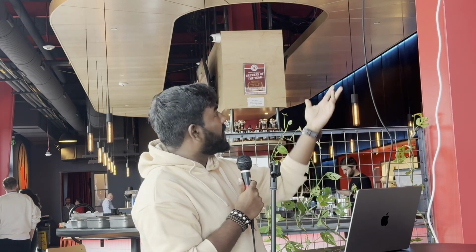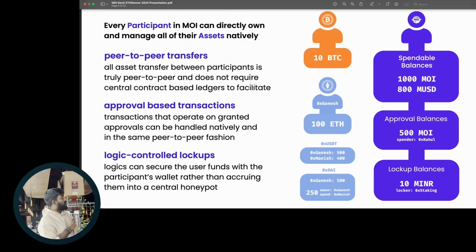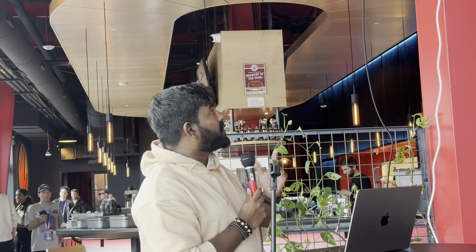And if I had to manage approvals or any other kind of staking or lockup-based logic, I would again have to depend on the DAI contract, where I would have to maintain a registry or entry of these approvals all at the registry level, right? I don't maintain these at the participant level. Which means every participant trying to move that asset has to go through that contract and needs the availability of this contract to work, right?